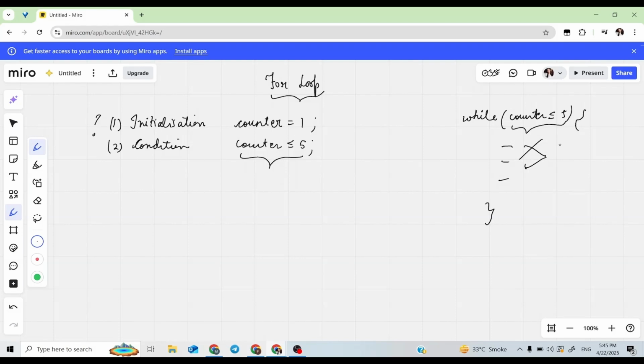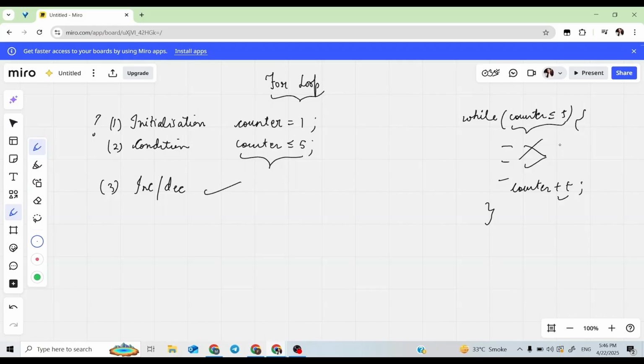The third main work is reinitialization or increment and decrement operations. For example, here I write counter plus plus, which means I incremented the counter by 1. So this is the increment decrement work. And the same things happen in the for loop also.